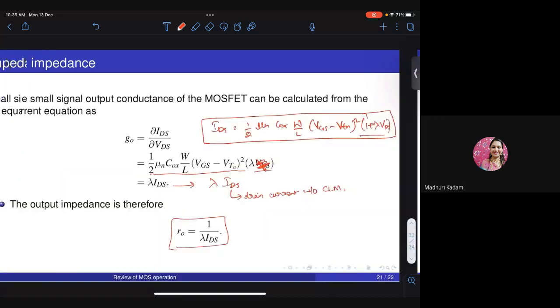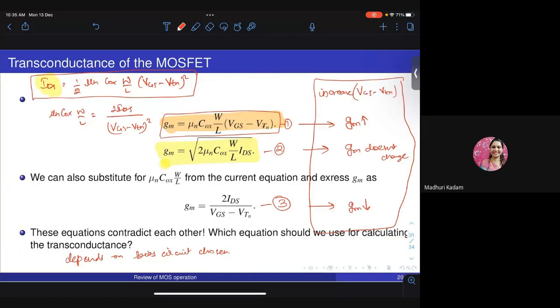The third equation is somewhat for academic completeness. We have written it, but it's not a commonly used configuration where the biasing circuit fixes both the gate to source voltage and the drain current. It's a somewhat artificial situation which is not commonly used. Okay, sir. Thank you. Understood. Thanks.